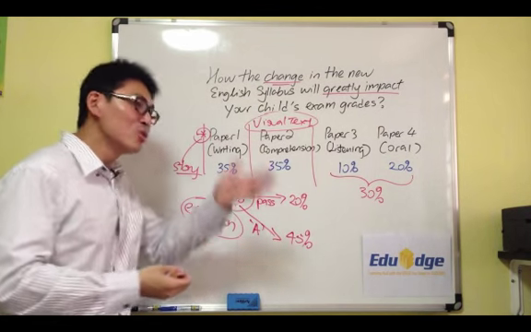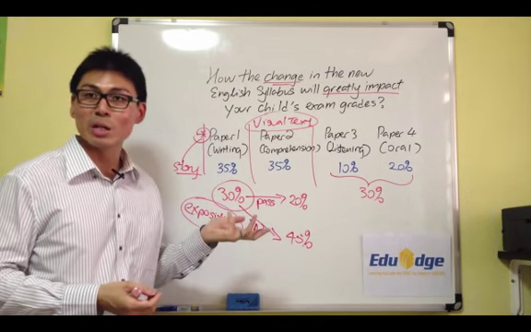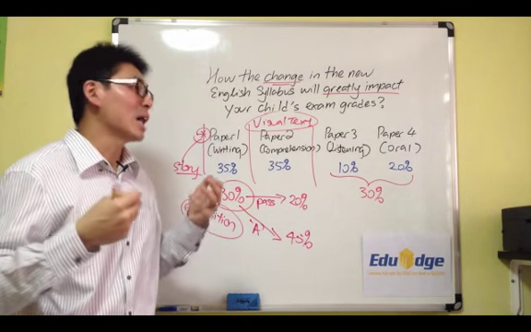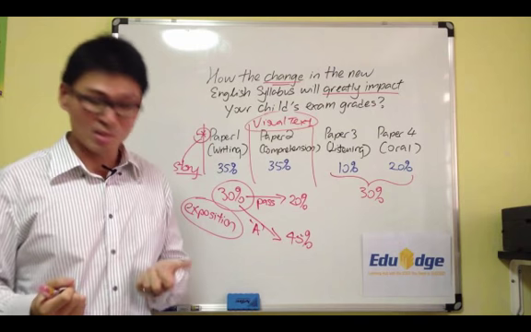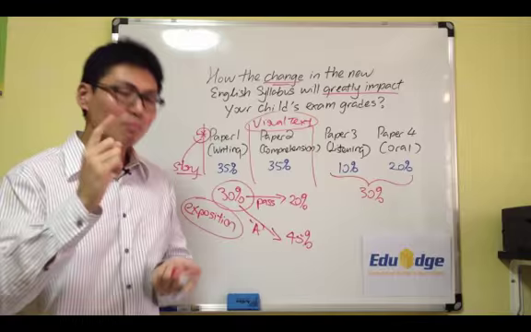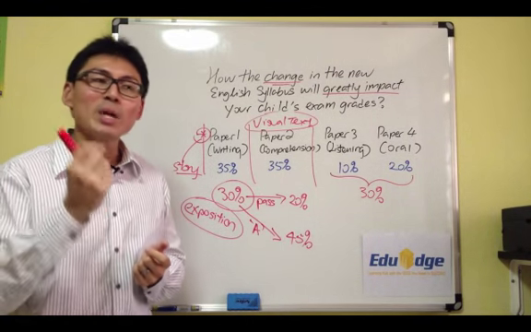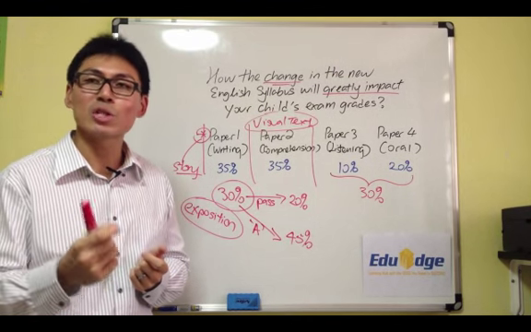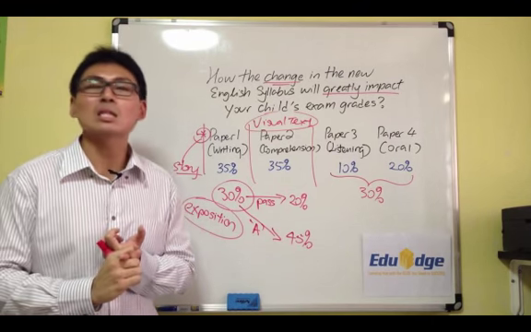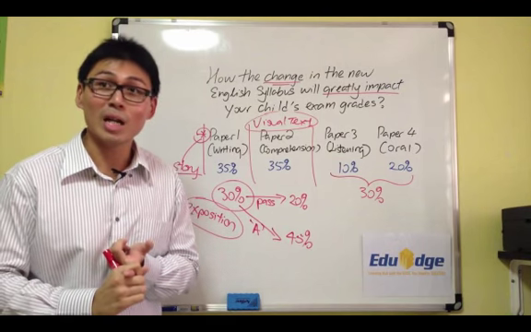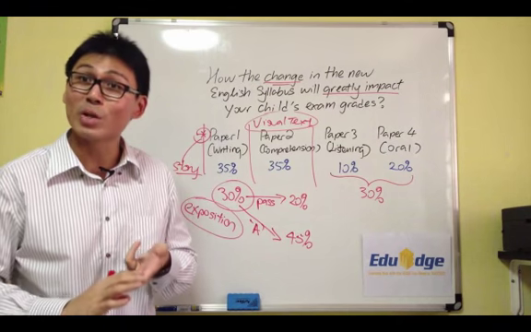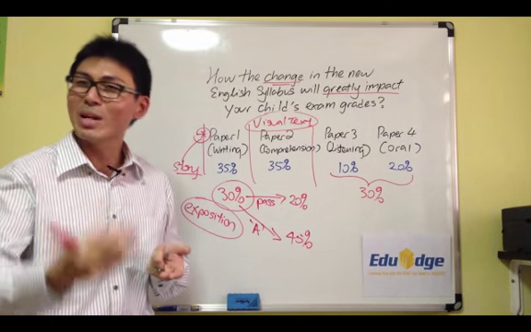Now that you know some of the new changes in the new EL syllabus, how can your child make sense of all of this and secure an edge in the upcoming examinations? Firstly, now that there is the inclusion of visual text, a good way for your child is to pay careful attention to whatever he or she is reading and viewing. What we found particularly useful for students is that they could start with advertisements. Advertisements are a very rich source of both image and the interplay of language. Try to decode the meaning behind advertisements.